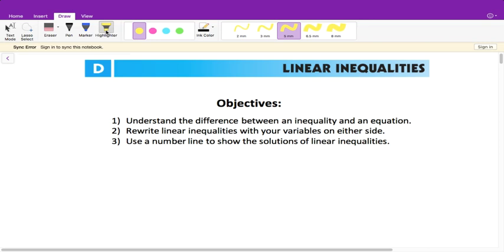All right, so we're now going to move on to the second part of chapter 6, and that's going to be just going through section D and section E, and it's going to be talking about inequalities. All right, so this section D, we're going to be referring to linear inequalities, and we're just going to go